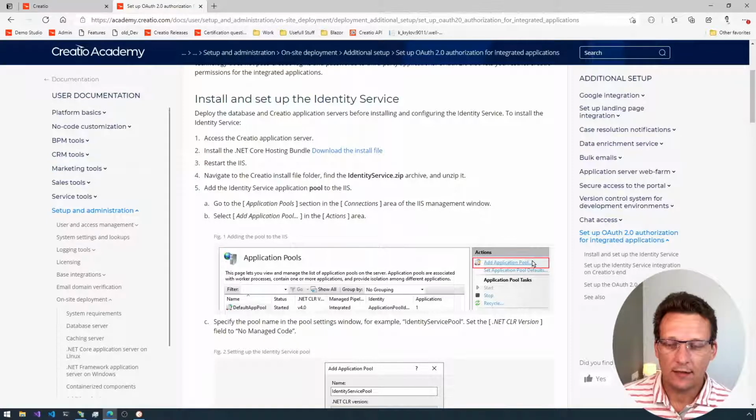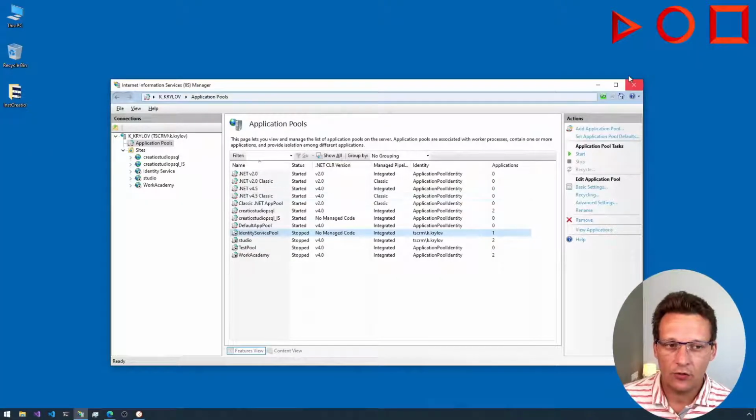What is this identity service? Where can I find it? Where do I get the installation files? This article is pretty good. It gives us most of the details, if not all, but I'll show you the quickest way to get that done. So let's head out to